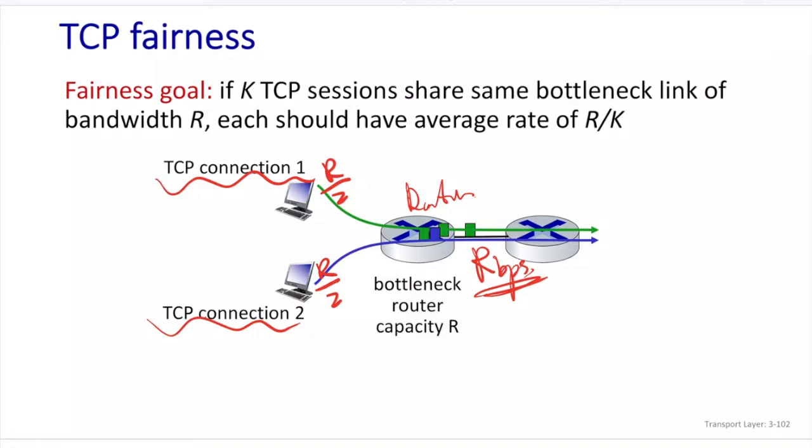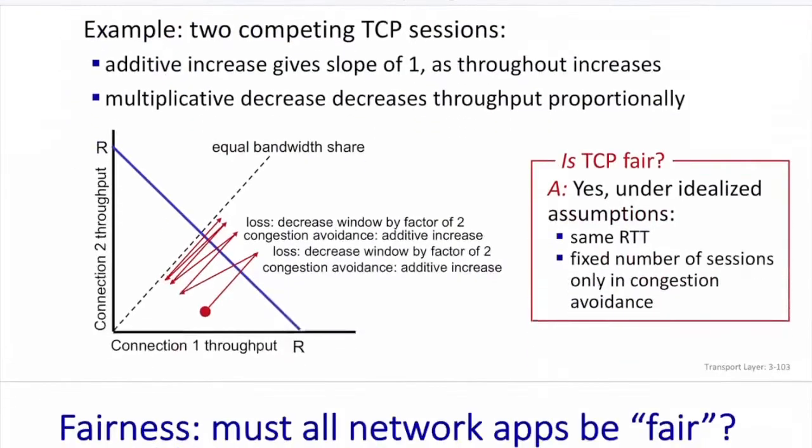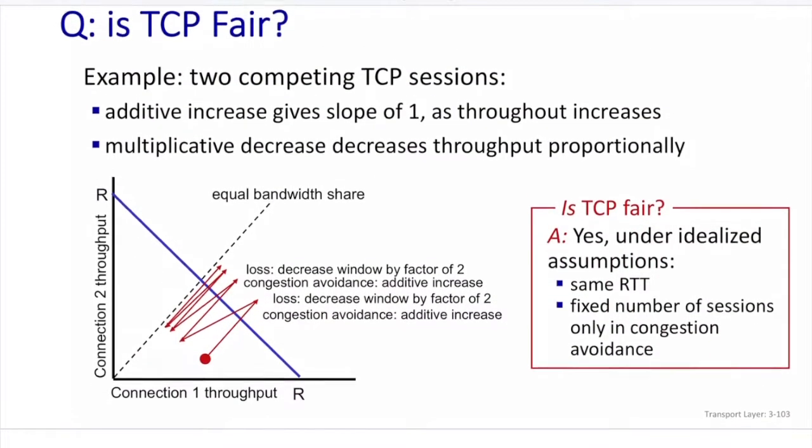But TCP1 and TCP2 are two different senders and receivers. And as I mentioned, the router will not do anything about such kind of communication or notification. So how does TCP manage connections 1 and 2 to split and get half of the link speed? Okay, so take a look at this figure,